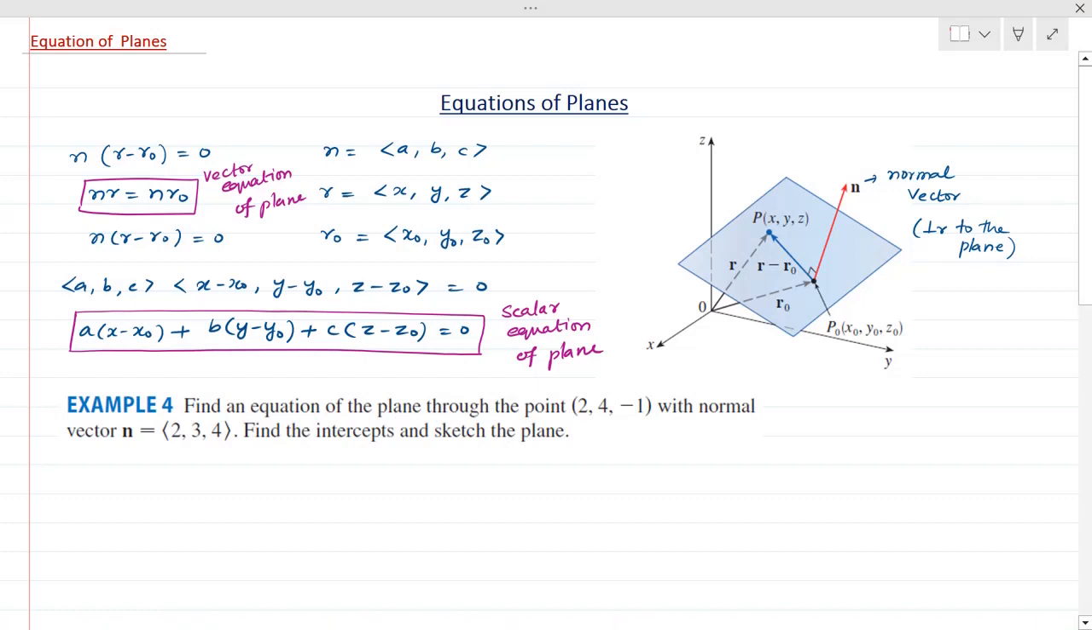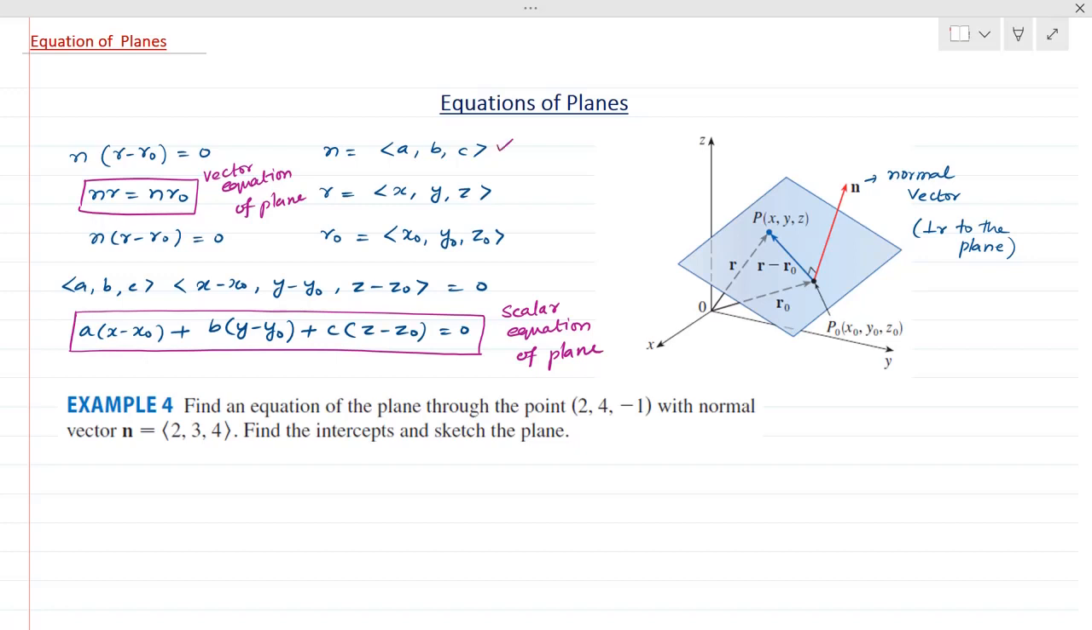In this video, we are going to discuss the equation of a plane. In three dimensions, this is the three-dimensional coordinate system. This is the plane we will consider here, and r naught is the position vector of a point. From this, we can write n dot (r minus r naught) equals 0. This is the vector equation of a plane,